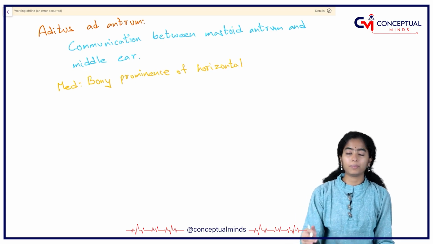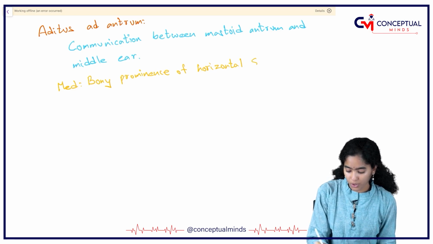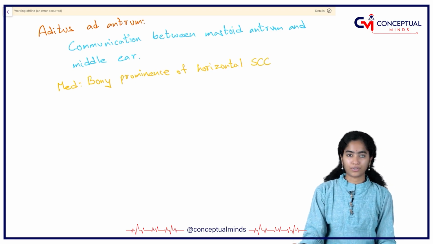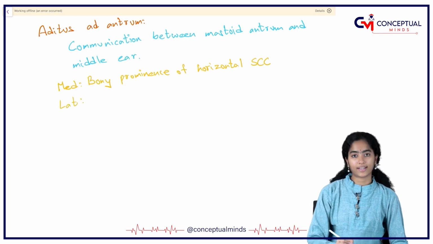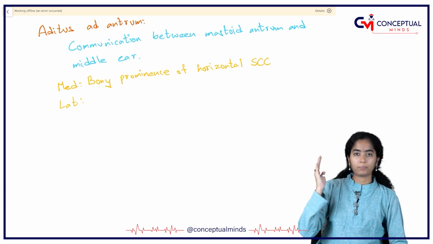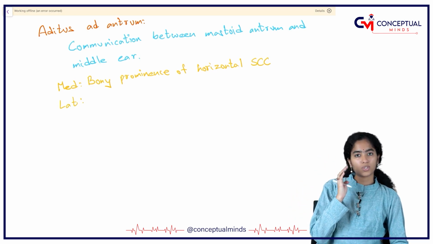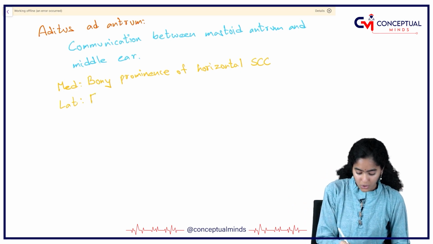It is also seen on the medial wall of the Aditus ad antrum. Bony prominence of the horizontal semicircular canal. And what is present on its lateral side? This is the Aditus ad antrum, the opening. It is on top. Medially, there is the prominence of the horizontal semicircular canal, and laterally we have a structure known as